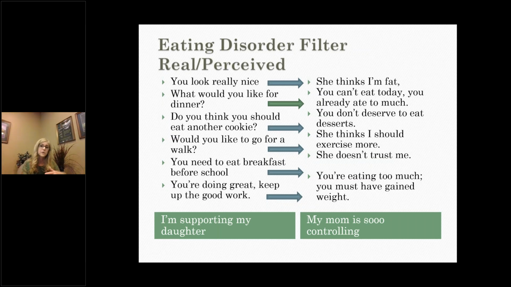So this is an exercise I also like to do in my sessions, where I give the family a sheet of paper and I write a little squiggly line, or you could do arrows as well. On the left side is the thought or comment they have, and on the right side would be your response: what does a parent believe they hear, what are they thinking they hear, or what do they mean by it, and then vice versa. And that is helpful also as an exercise just for clients to work on.